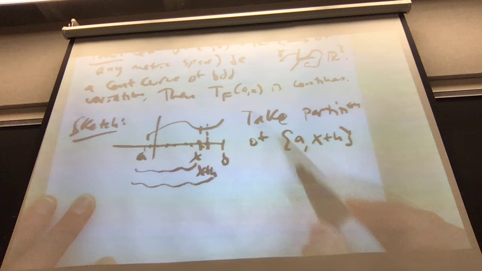So the point is the limit of TF on A to X plus H as H goes to 0 is TF on A to X. So this is right continuity, and then you do the same exact thing with X minus H for left continuity. You don't need me to waste time filling out the details. I just feel like it would be tedious. Good? Okay. So now we can really try to make progress towards the main theorem of the day,